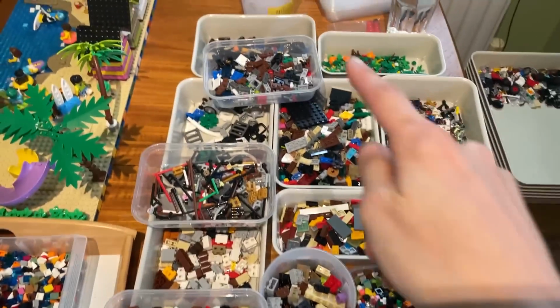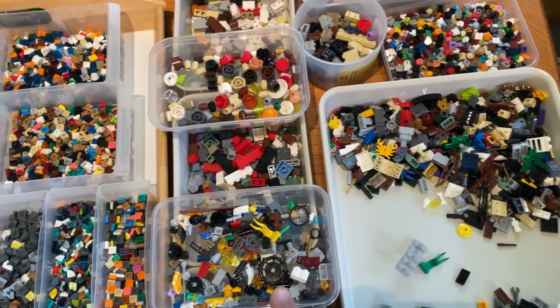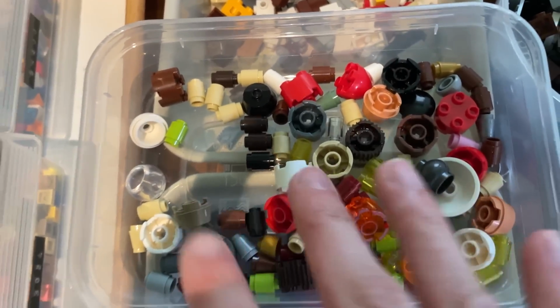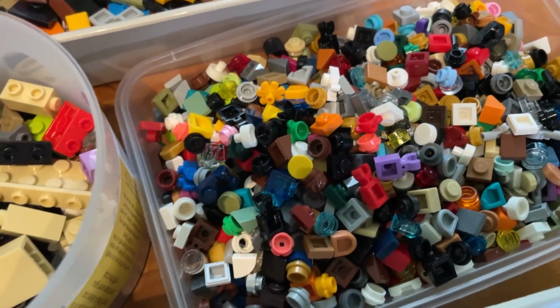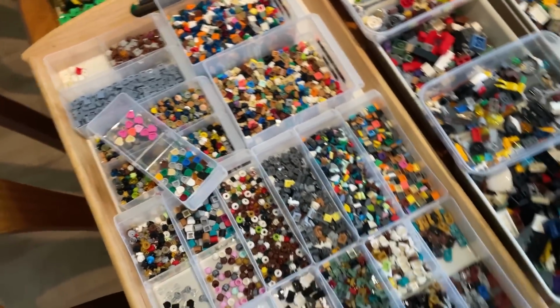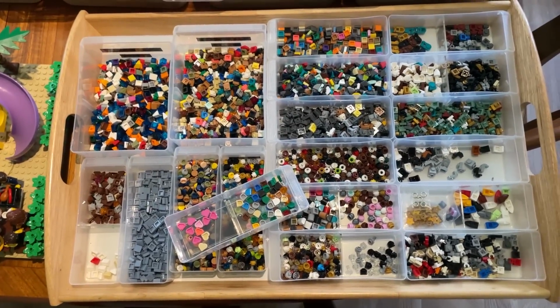So this is actually the stuff that's been sorted from the generic trays, and this is just pre-sorted. As you can see, this is still loads of different things. It's just in a rough category, but this is the category 1 by 1s. And now it's my task to put them all in here, because I like fun jobs apparently, so